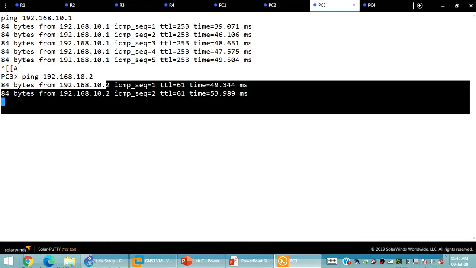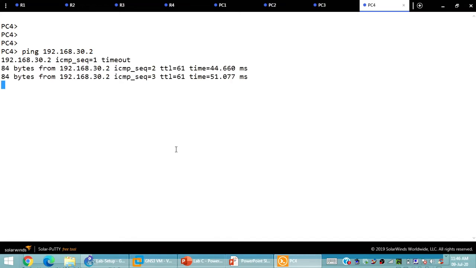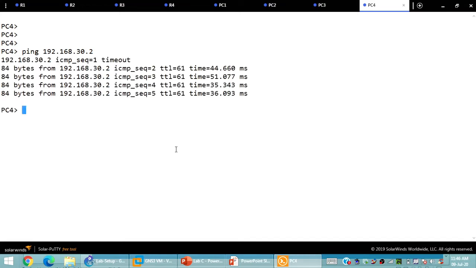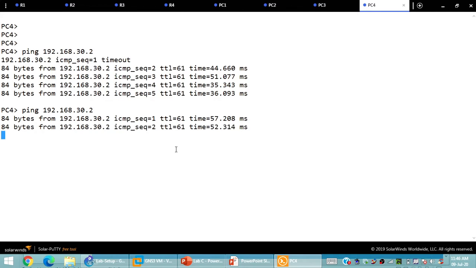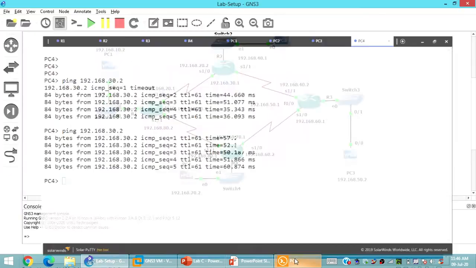I should have pinged 10.2 rather than 10.1, that is the VPC that I have taken. Similarly, I am pinging 192.168.30.2. Let's try it out. Okay, fine. Let's try with 30.2. So you can see over here 30.2 is also working very fine. So the entire lab has now been configured.